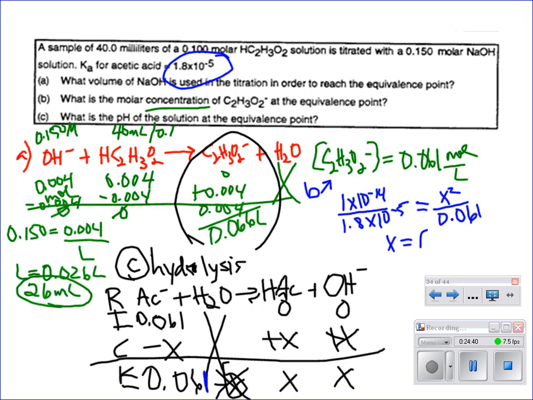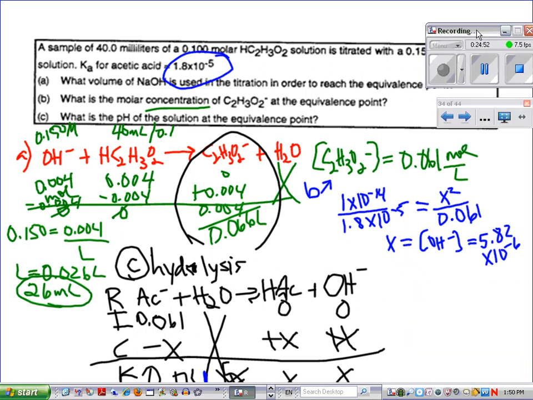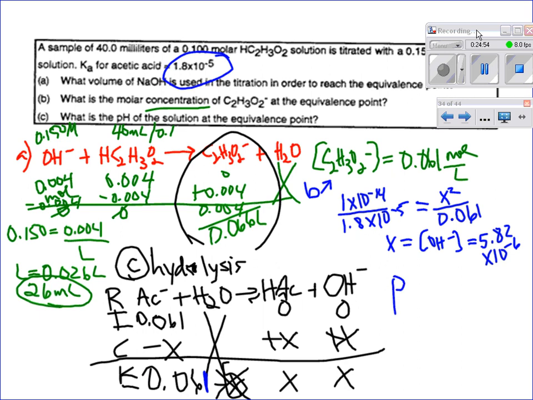So what'd y'all get for X, which is equal to the OH minus concentration? 8.2 times 10 to the negative 6. When we take the negative log of that, we're calculating pOH. What'd you get for that? Giving us a pH of